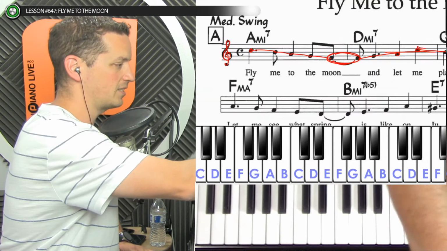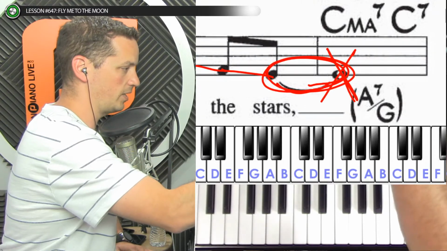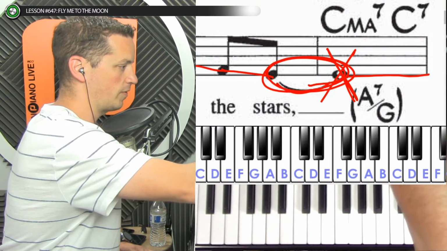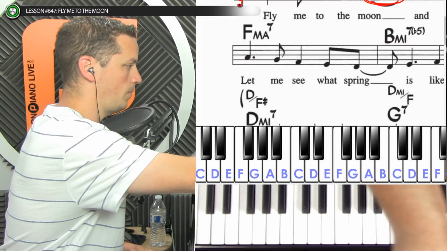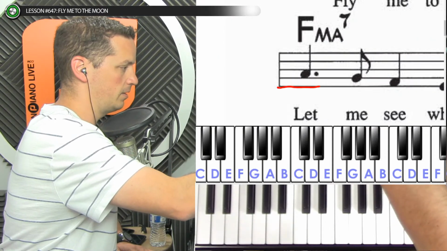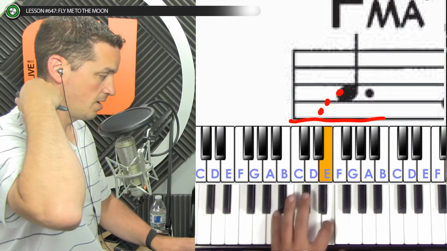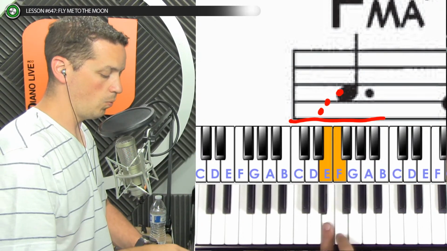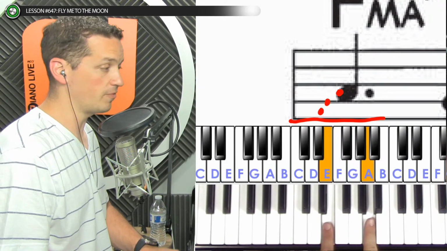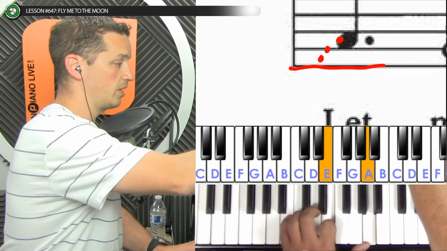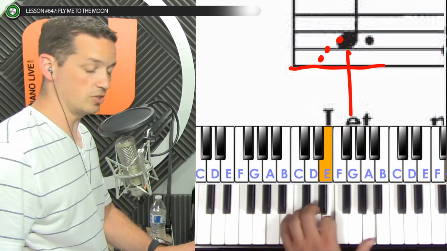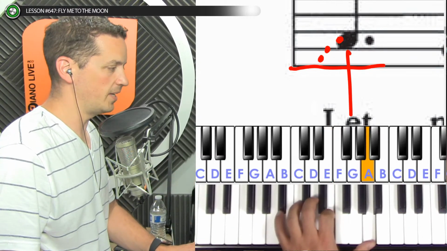I guess I could if I went, all right, this note right here is on the bottom line. So if I went from the bottom line up to this note, that would be like 1, 2, 3 notches up. So I could do that. My last note was this one, and I could go 1, 2, 3 notches up and find out that this next one, the one that goes with the word let, is supposed to be that note right there. Happens to be an A.